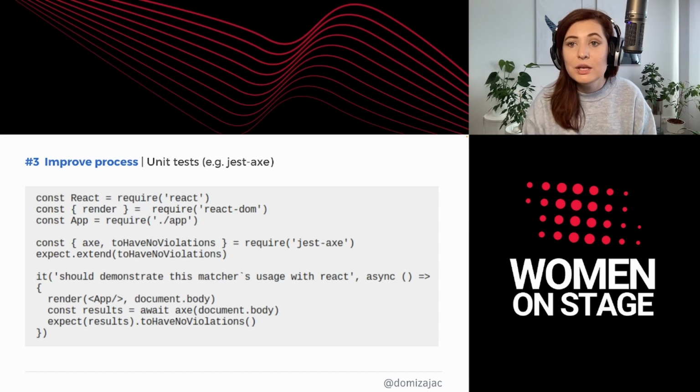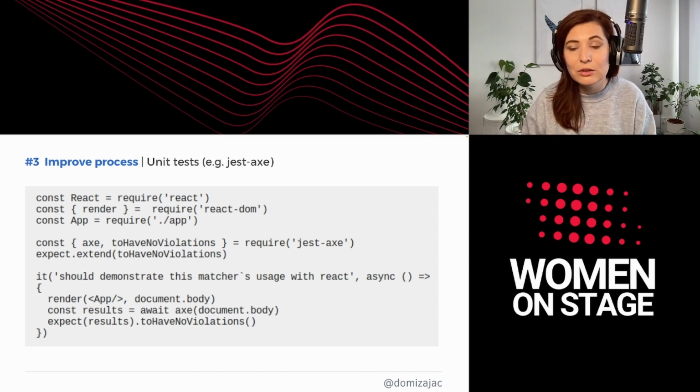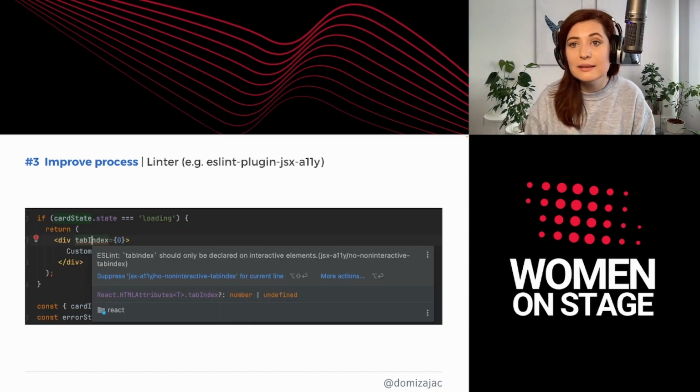Secondly, include accessibility in your unit tests. You can use tools like Jest-axe, and writing tests is super easy. As you can see on the screen, it's a few lines of code. And during tests, you will be notified about some problems with accessibility, and you will know exactly which component it is. You can also add a linter.